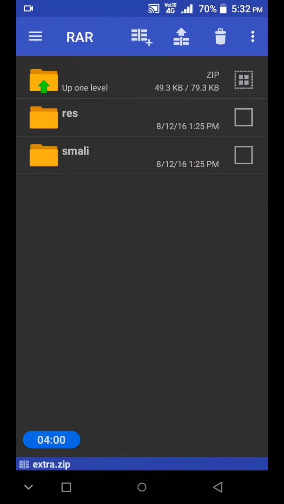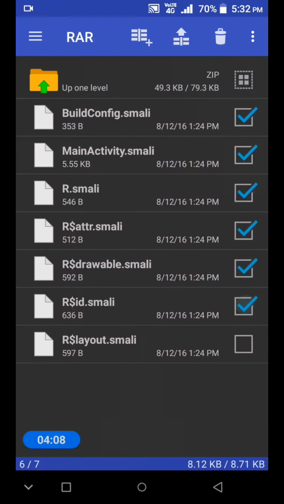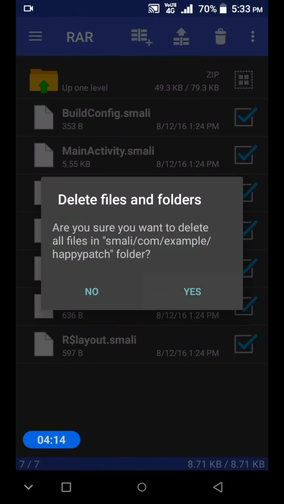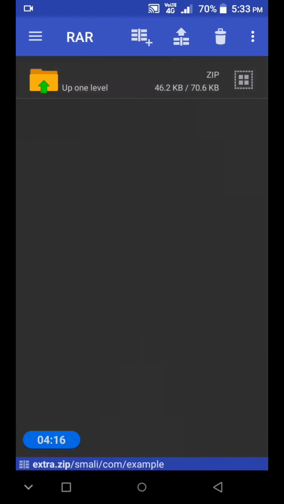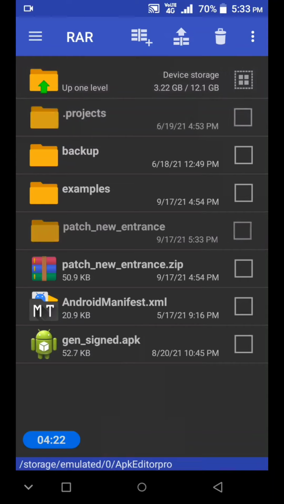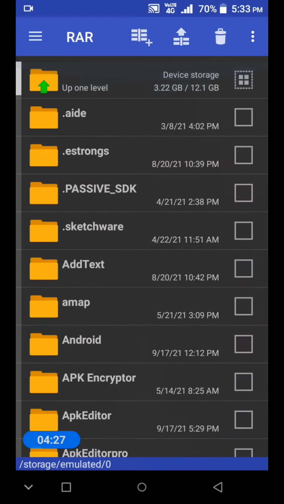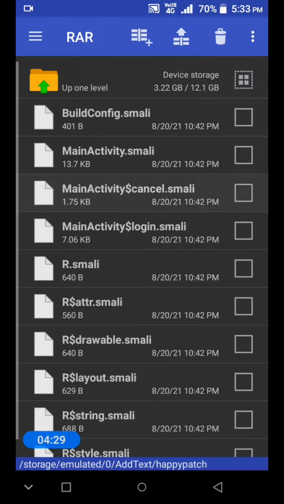So now let's extract this. What we have to do is delete all these files and paste our login files. Now let's go to the add text folder where we have pasted the login smali files.